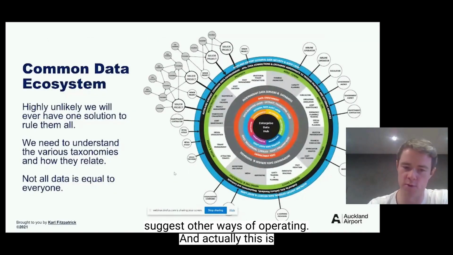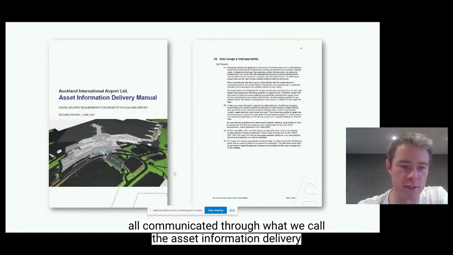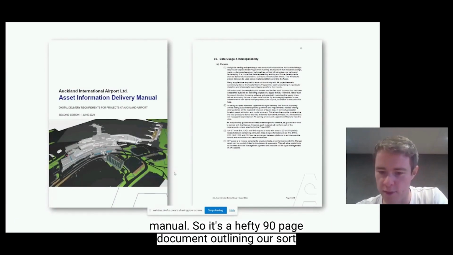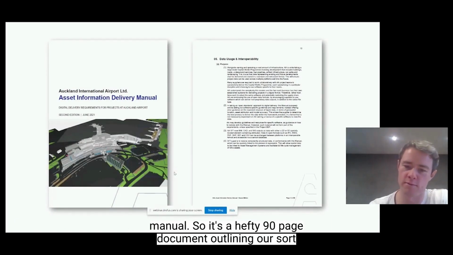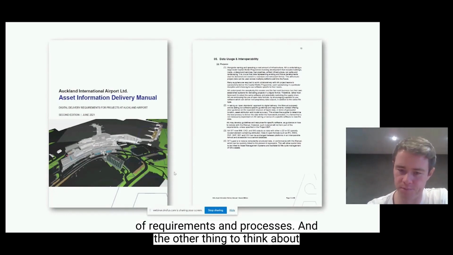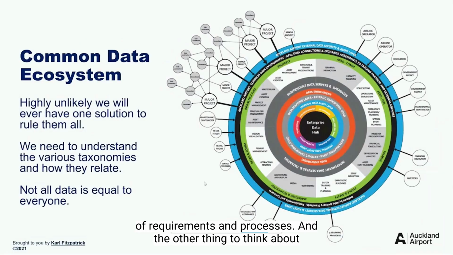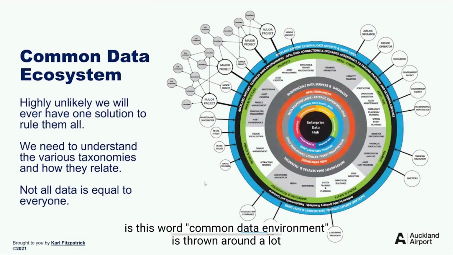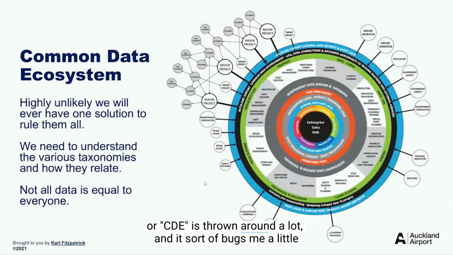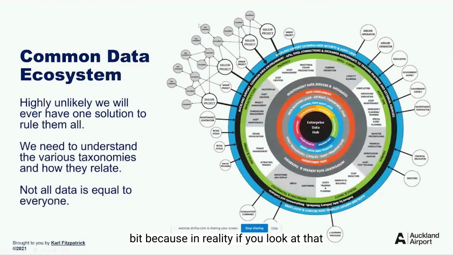And actually, this is all communicated through what we call the Asset Information Delivery Manual. It's a hefty 90-page document outlining our requirements and processes. And the other thing to think about is this word common data environment, or CDE, is thrown around a lot, and it bugs me a little bit, because in reality, most CDEs only